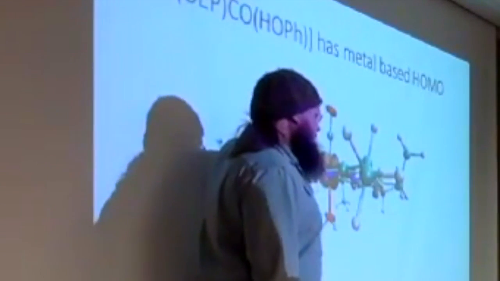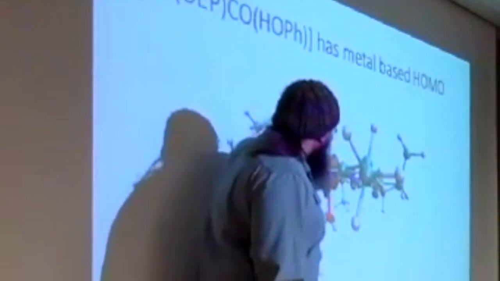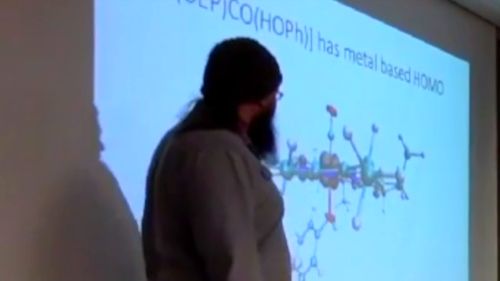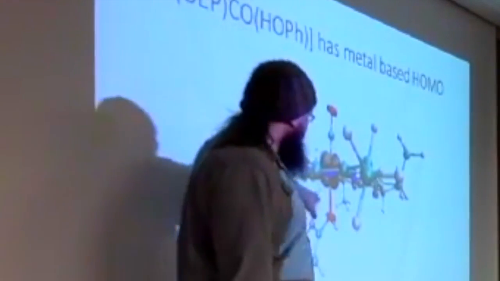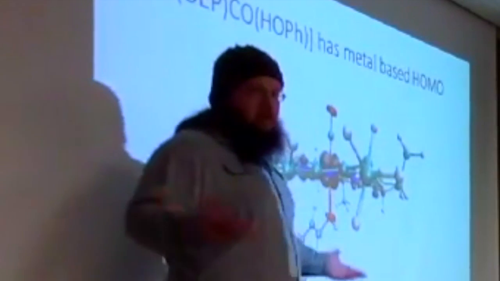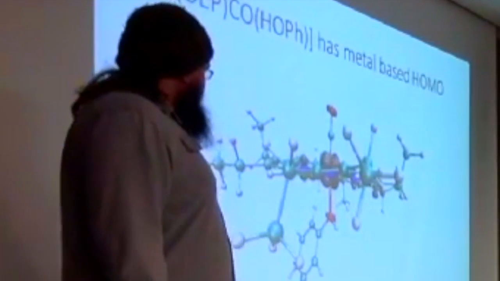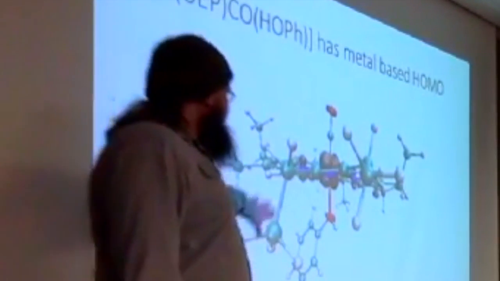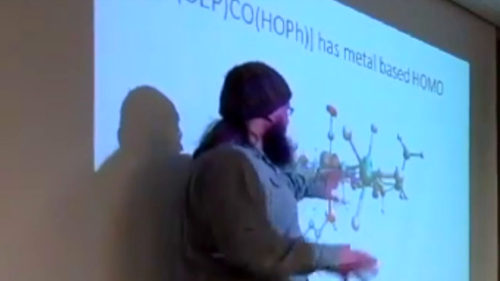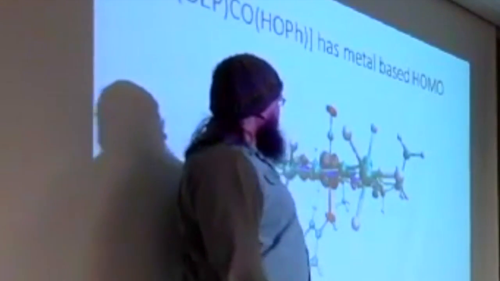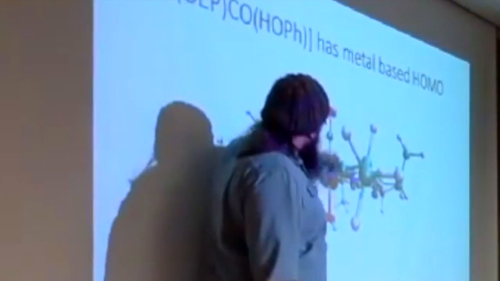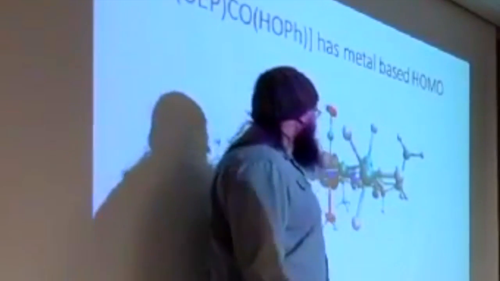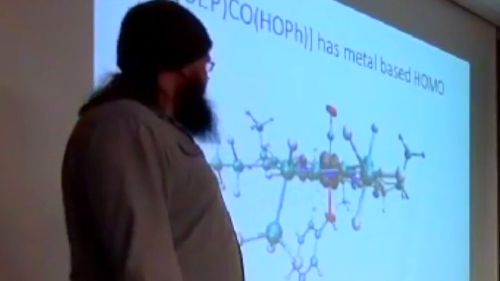intensity or electron affinity is right around this iron metal, and it looks very much like a d-based orbital with the 4 lobes. So as you can see here, it's fairly clear what's going on. There's a little bit here on the ligands as well, and a little bit out here on the ring, but it's basically all centered on the metal, which